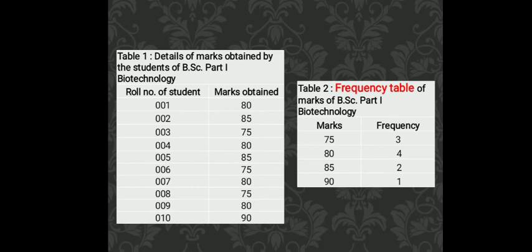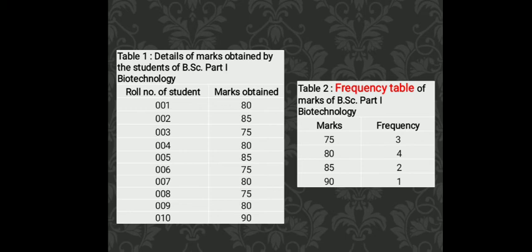In this slide, we can see two tables. Table 1 shows the details of marks of students of BSc Part 1 Biotechnology, whereas table 2 is the frequency table of marks of BSc Part 1 Biotechnology.